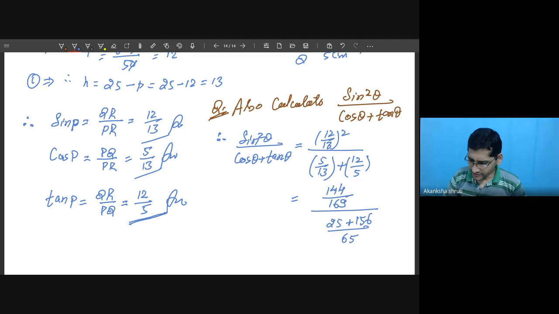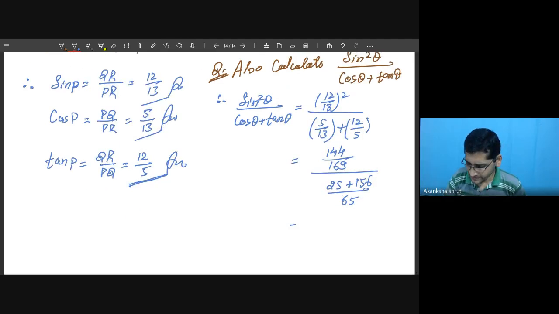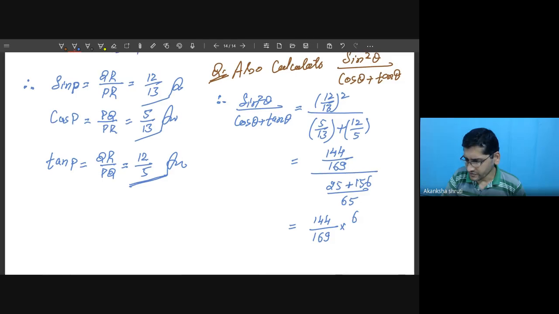Now go for simplification. It is nothing but 144 divided by 169 into 65